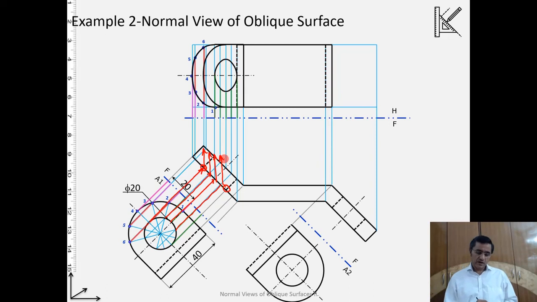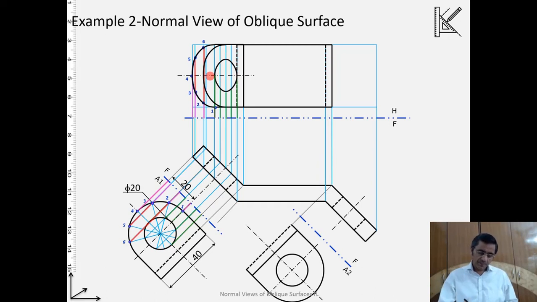Again we will be applying the same distances which are measured here onto the horizontal. If you do it, we will be able to project the circle over here onto the horizontal.